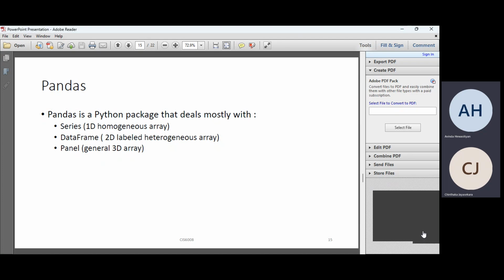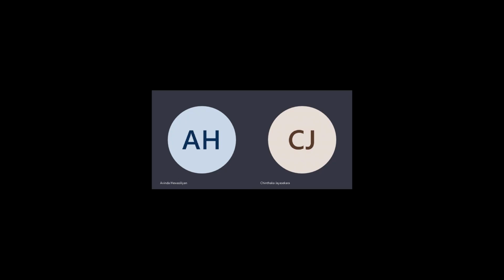use Google Colab. All this coding will be done by me in Google Colab, not on my own machine. So in order to log into Google Colab, you have to have a